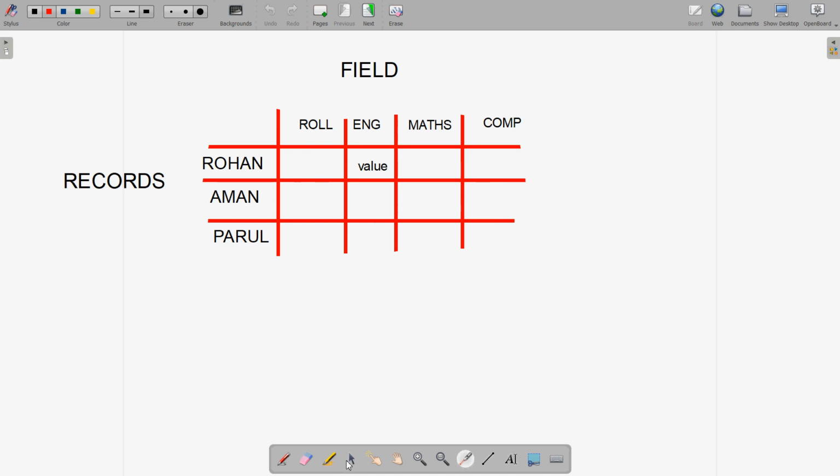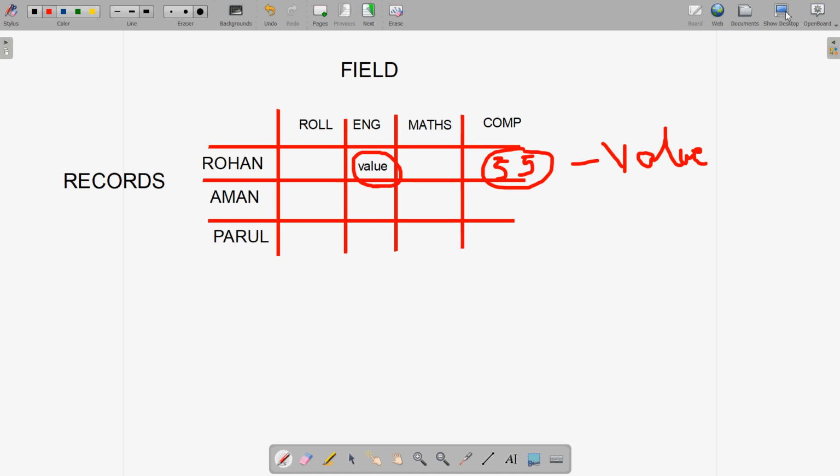And what is value? Any value which is entered in this table. Clear? Whatever value is inside this intersection, if you are writing a roll number or the marks of the student, for example in computer if someone is getting 55, this type of entry is called what? Value. Clear? So you can make a small diagram with the answer. This will be good, and it will also represent exactly what the question is asking.